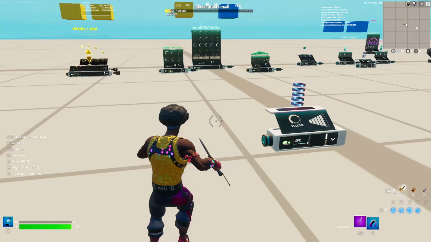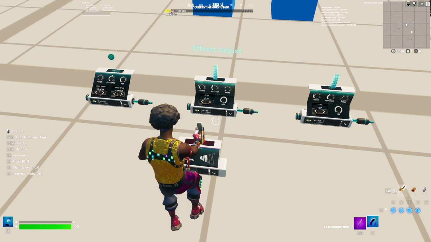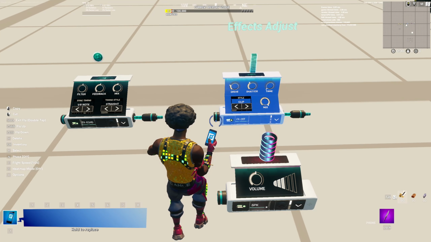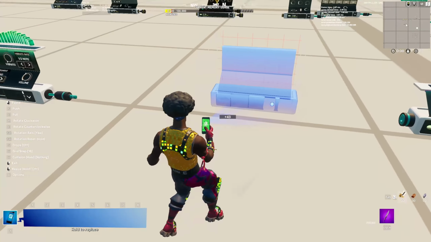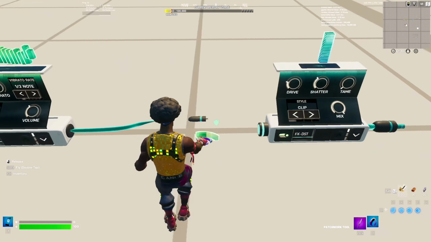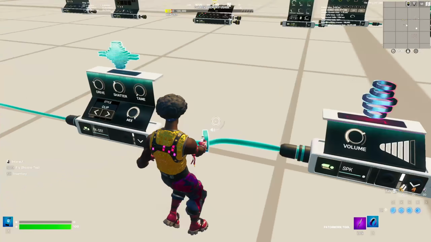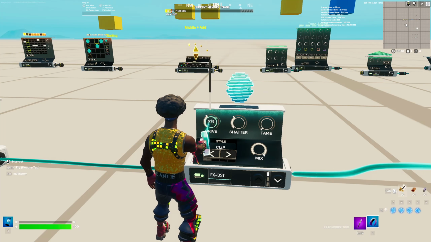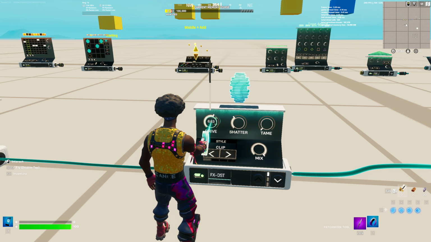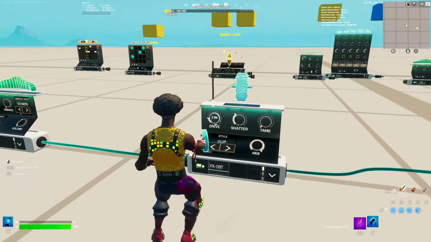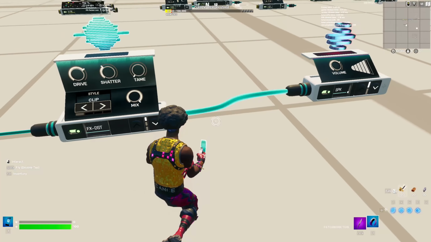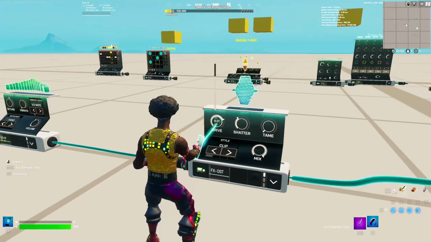You can bring this one over here, bring it there and then there, and you can adjust it even more. The more boosted you make it, the more the line will show it. So if I turn this up, it will show like a really hyper line.